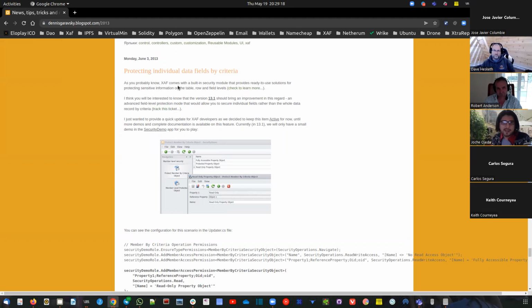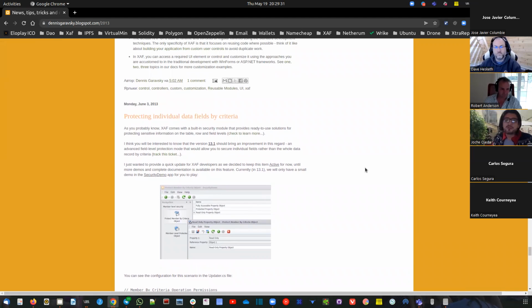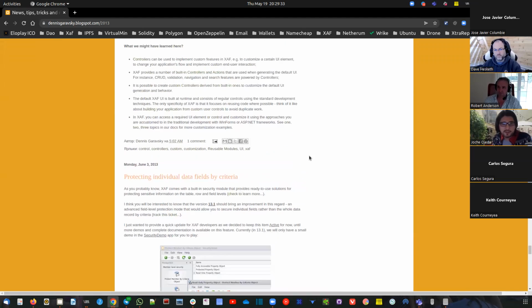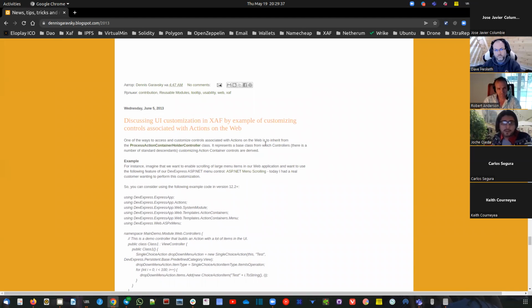One of the things that I don't like about this idea is that since in XAF everything is calculated somehow, queries end up being kind of expensive if you don't take into consideration what's going to happen with all these permissions and everything. So, well,